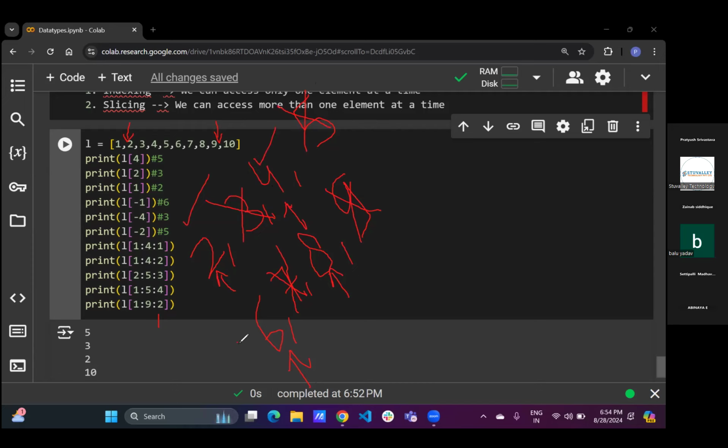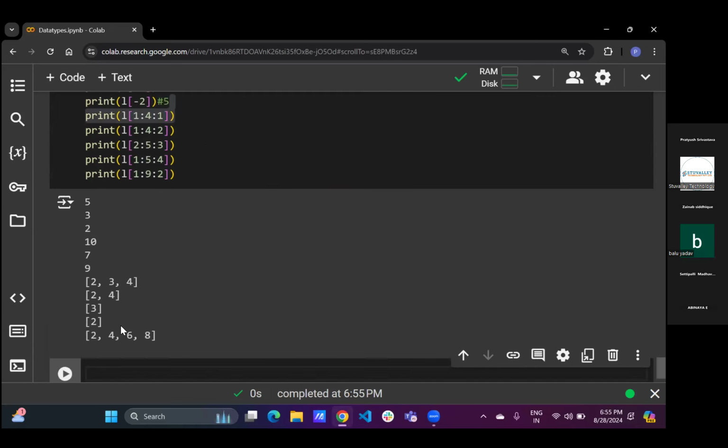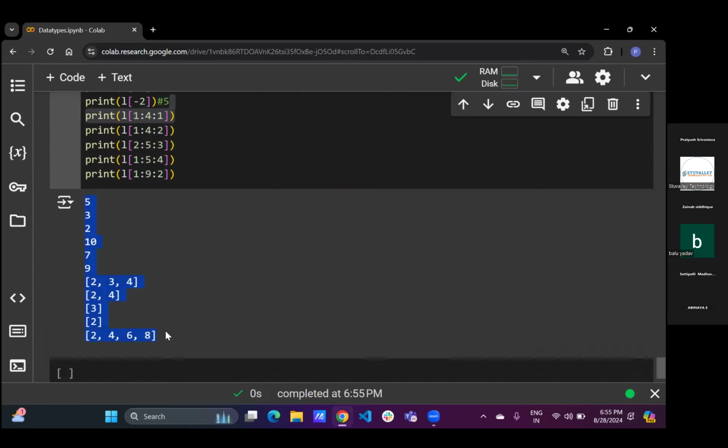2, 4, 6, 8। बस इतना ही तुम्हारा रिजल्ट। तो मैं क्या कर रहा हूं? एक एक एलिमेंट स्किप करते चल रहा हूं, क्योंकि स्टेप की वैल्यू क्या है? 2 है। आंसर विल बी 2, 4, 6, 8। दैट विल बी 2, 4, 6, 8 विल बी योर आंसर। ठीक है, तो ये तुम्हारी स्लाइसिंग है।